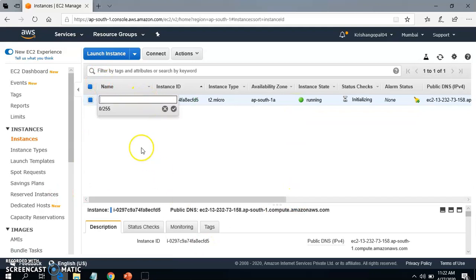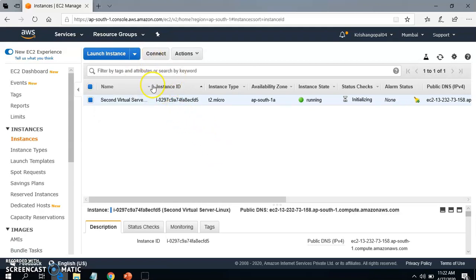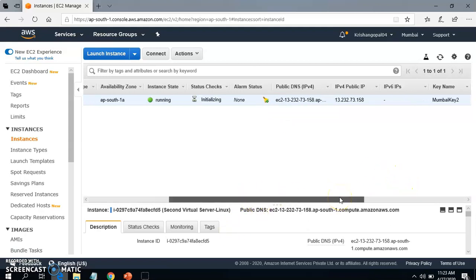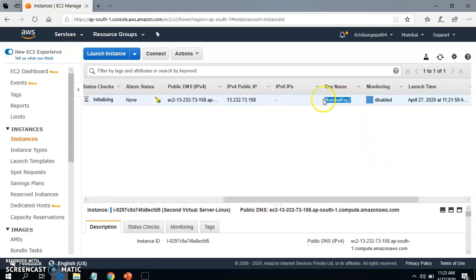And let me give the name my second virtual server, Linux. Let me click on refresh. So right now this server has been created in the AP South 1A data center with the IP of this, with the key name Mumbai key 2.